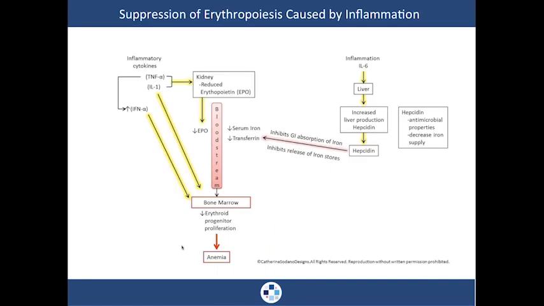Now, onto a little different topic here. I wasn't sure whether or not to put this in there, and I decided, you know what, I think it's kind of real important that all docs have an understanding of this. There is suppression or anemia that is created due to inflammation. So the question becomes, chronic inflammation, by the way, why would the body do that? What is going on here? Why would the body do that?